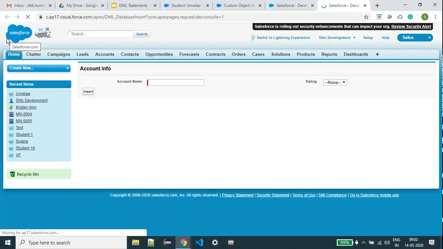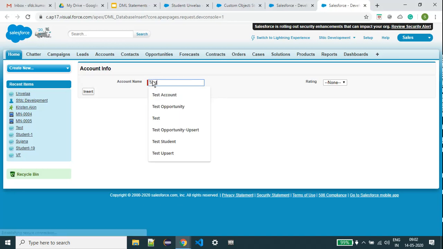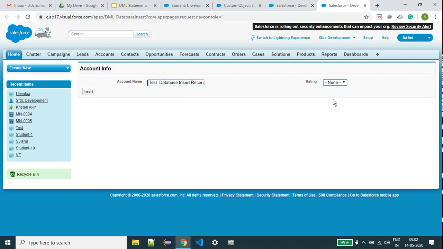Here, test database insert record. I am giving this, just selecting one, and hit insert.